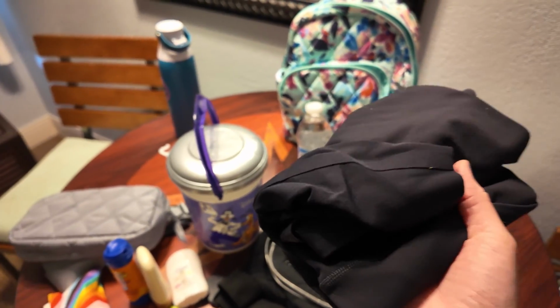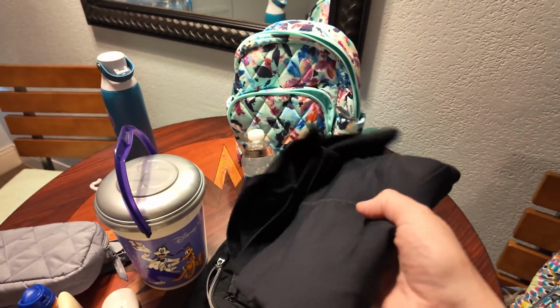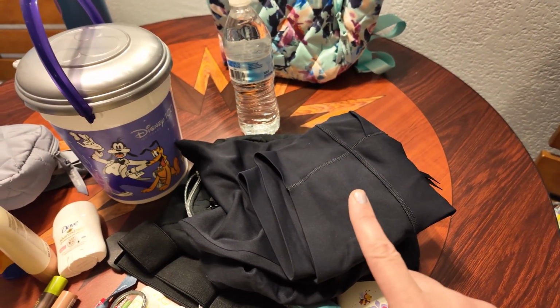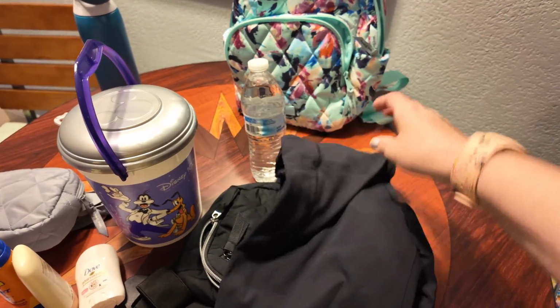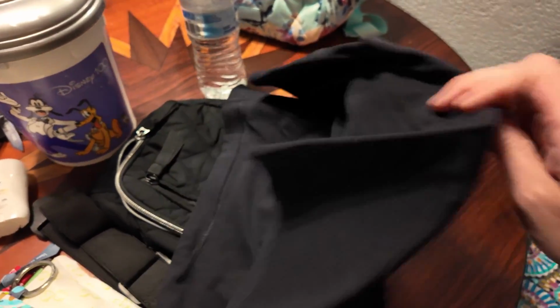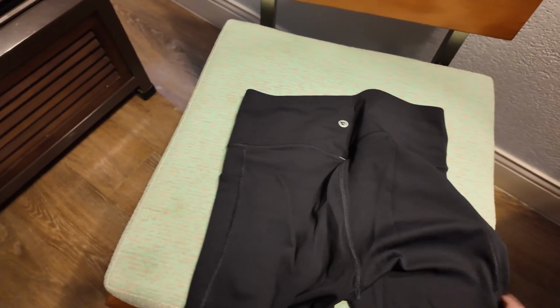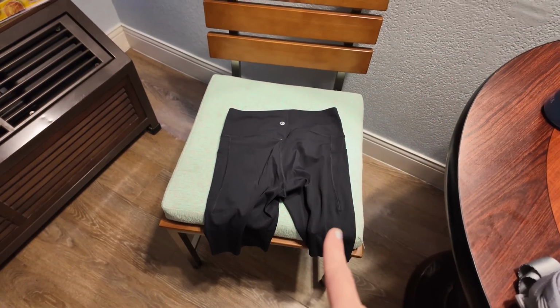This is another one, if I'm going to be in the park all day and I'm wearing shorts that I'm not 100% sure about. This more goes for my thicker thighed ladies like myself. If you're wearing a new pair of shorts that are a little bit shorter and you're not sure if you're going to chafe in them or not, I found these on Amazon. It's the Balleaf brand, which I absolutely love all of their stuff. But look, see if I can spread it out for you. Look how small they are. Like in the waist, that looks so tiny. And when I pulled them out of the package, I was like, there's no way that's going to fit me